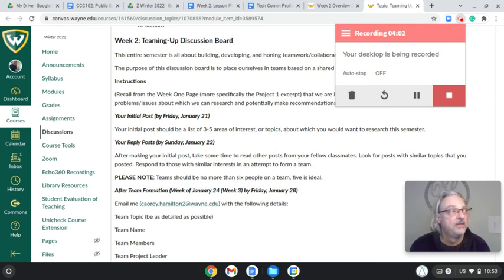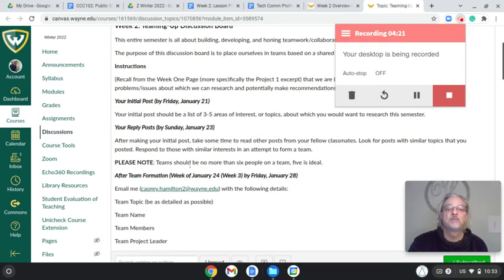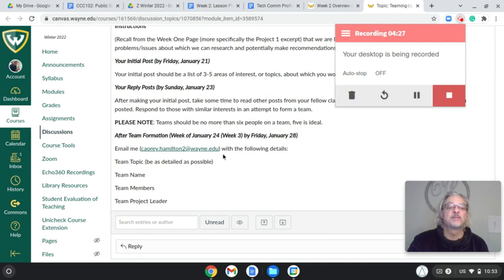A team is ideally 3 to 5 people. 6 is okay, I guess. I mean, you just say 3 to 6, but 4 is a little more ideal. I've had challenges and difficulties with anything under 4. What we want to try to do is have no more than 6 people. 5 is the magic number if you can possibly achieve that. I realize that just mathematically, sometimes that doesn't work. And then we'll talk about this later.